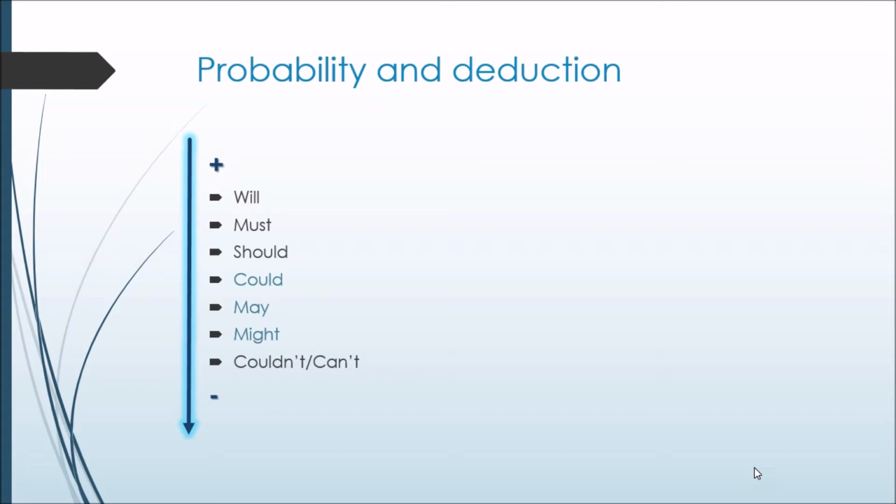Now, could, may, and might, those are the three ones that we're going to focus on in the rest of the presentation, and they all express some sort of probability. This is just to give you some sort of idea of the likelihood they have, but saying that could is 50 and may 30, might 20% will be basically splitting hairs, and we're not going to do that.